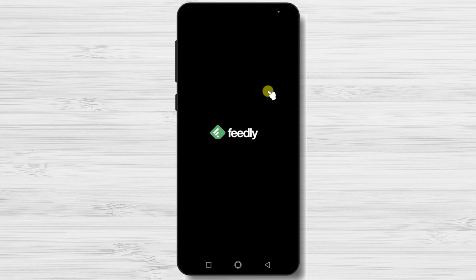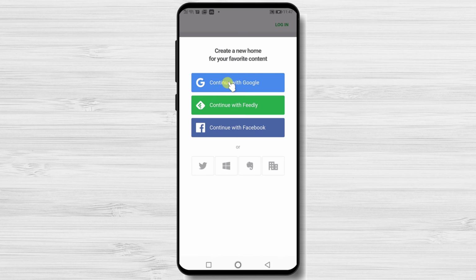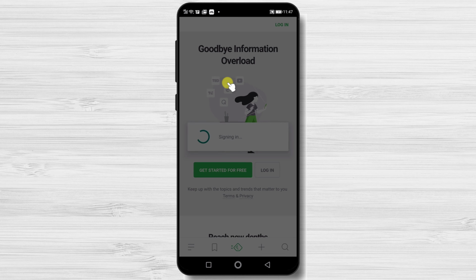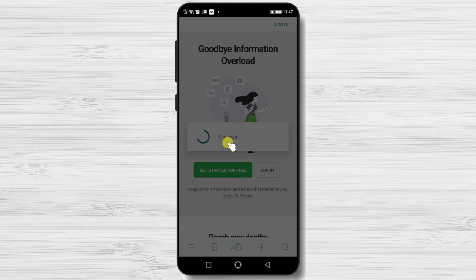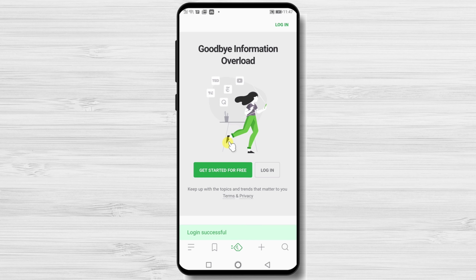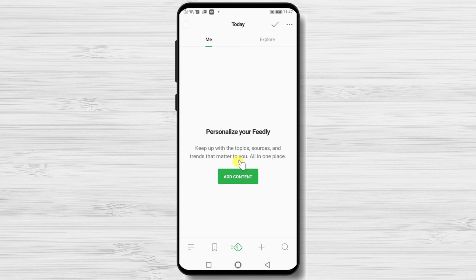You can log in or you can get started for free. I will tap Get Started for free. You can log in with Google, Feedly or Facebook. Let's tap on Continue with Google. Now select the account from Google. You can tap on Add Content.